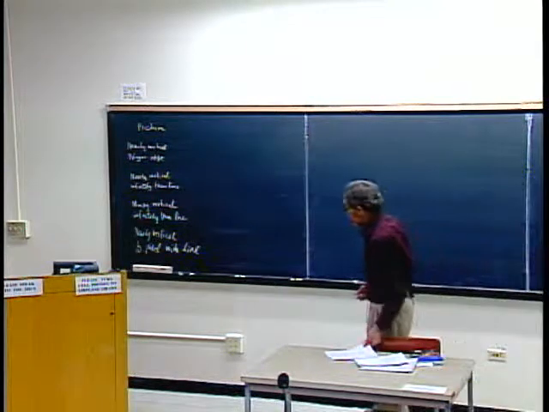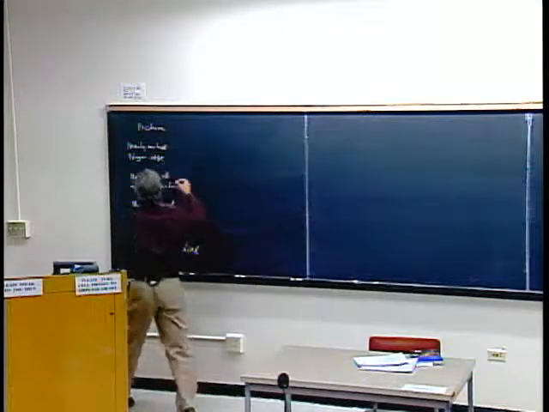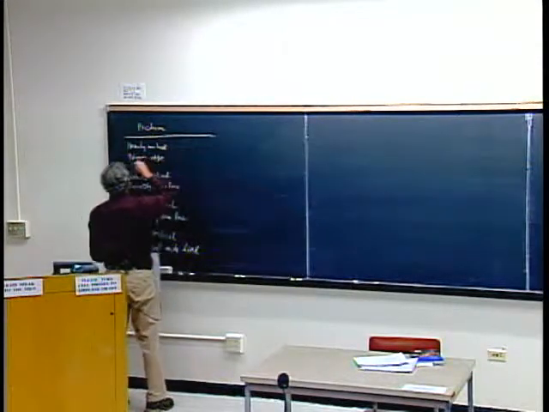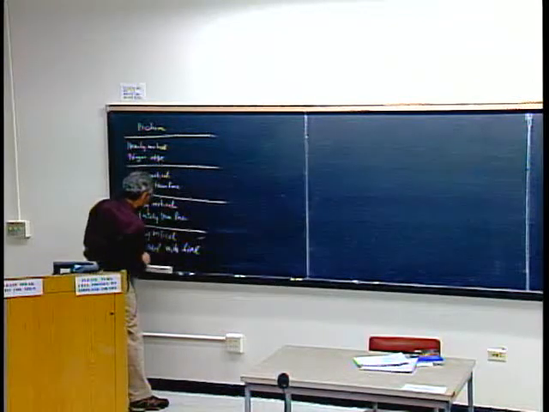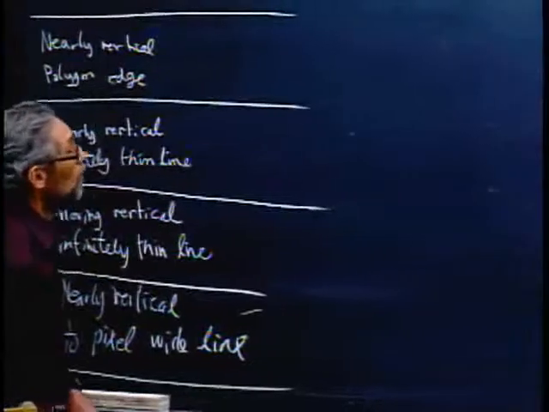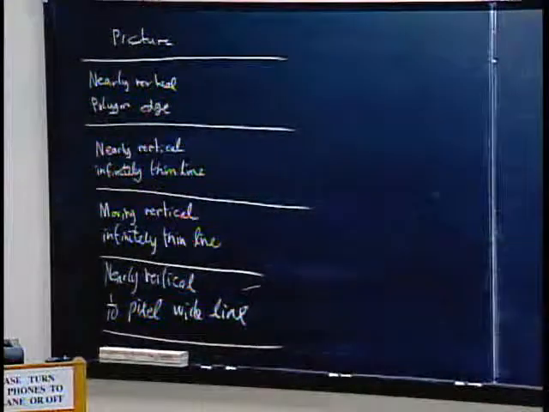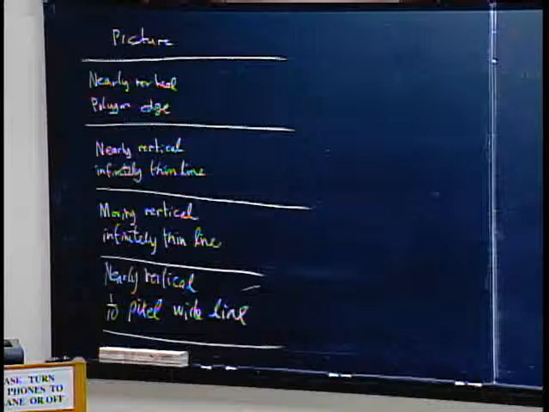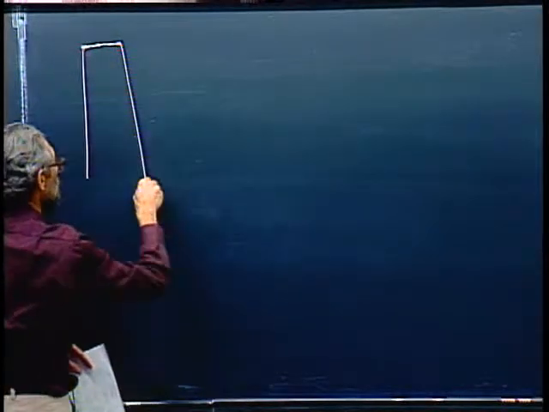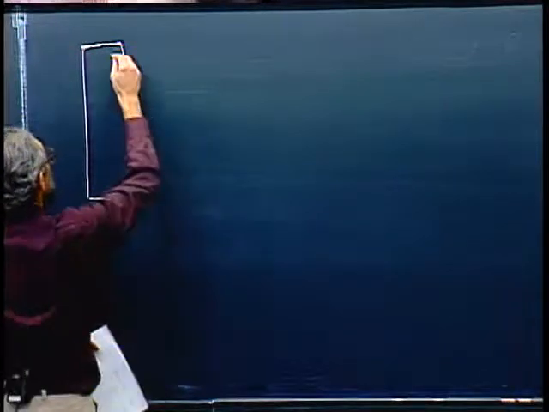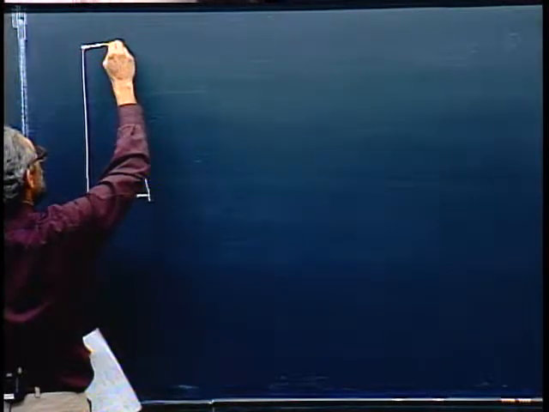Okay, so I'm looking at this chart on the last page, and I didn't have room to copy it all, but let's just consider these 4 cases, which are probably enough. So I guess the first idea is this polygon edge. And here is a polygon like this. Maybe I'll do it like that. Nearly vertical, right? So if I have columns of pixels